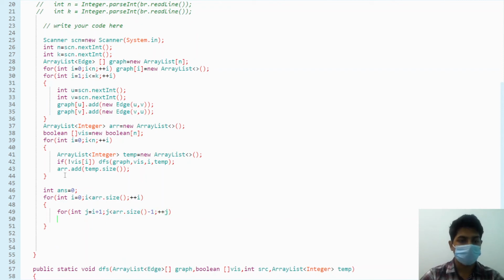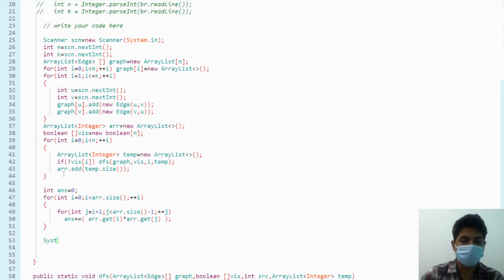Now what will we add to our answer? Answer plus equal to array dot get of I into array dot get of j. Finally, I think we need to print the answer, system dot out dot println answer.